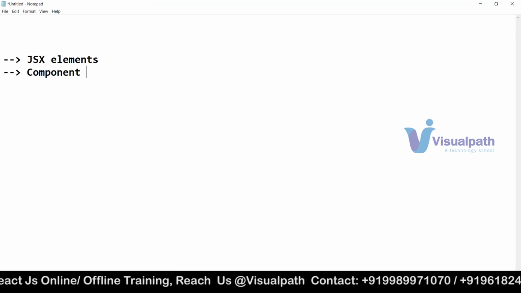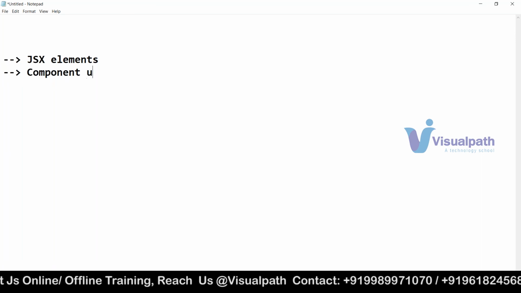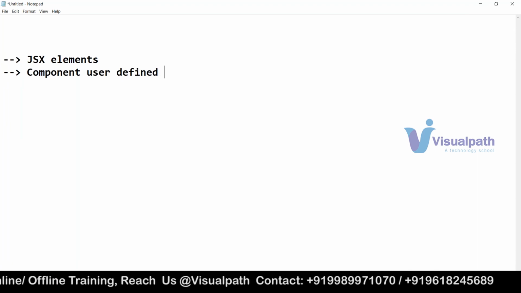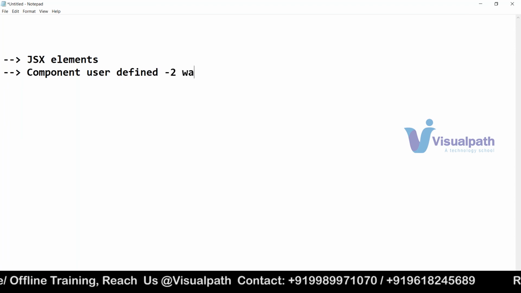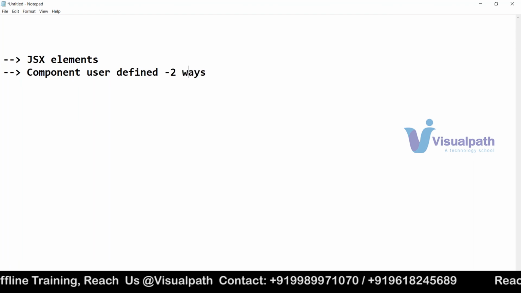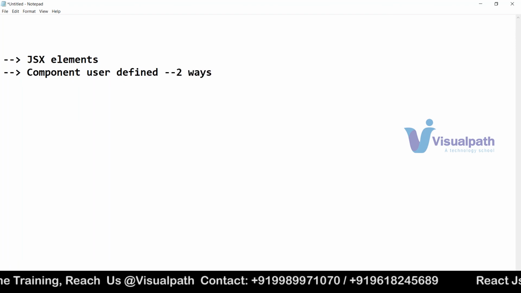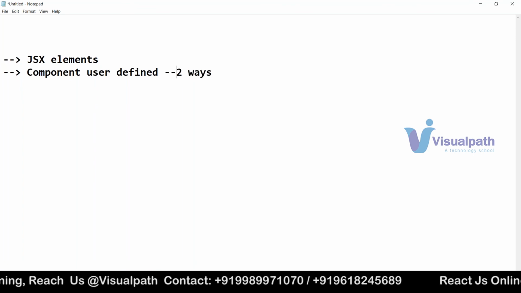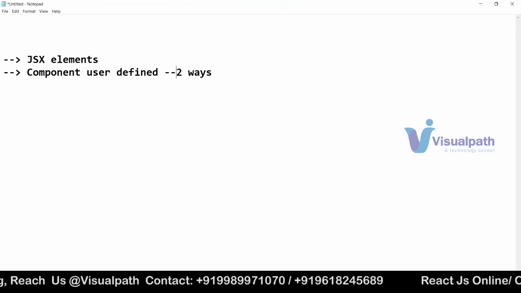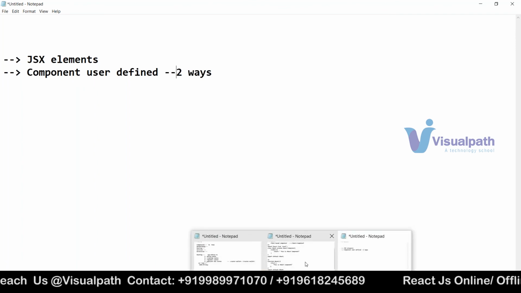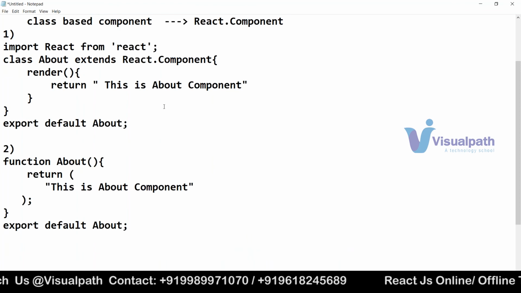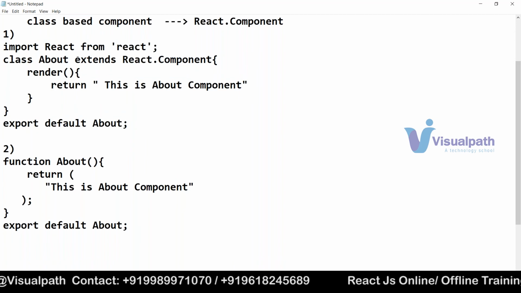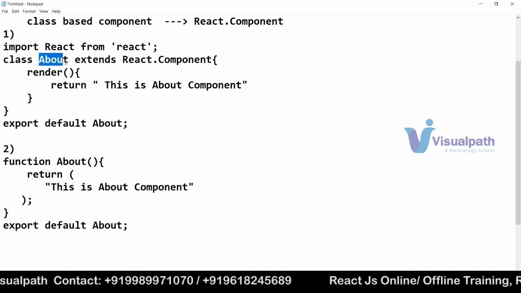So I want you to create your own component, user defined components. I want you to define your own components in two ways. One is function based components, and the other is class based components. Just now we have seen the syntax of this. So this will be a class based component, where you simply define any class with a name of your choice,